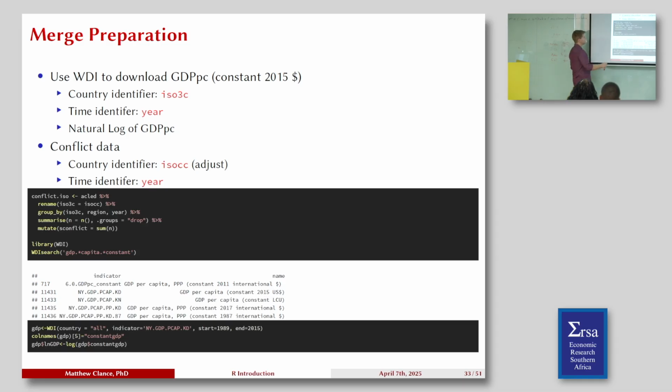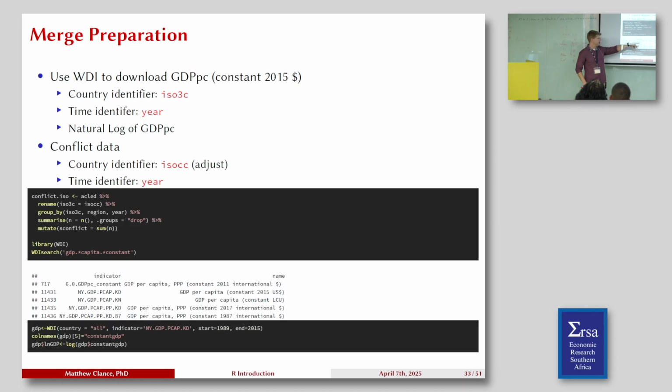So one thing you can ask it to do is search this data for phrases. In this case, GDP, along with capita, along with constant. So I'm basically looking for some measure that's constant. In this case, it's been weighted, or deflated. And I need it to be in per capita terms so that it's per individual or population. But once I did that, you can see that it gives me a lot of choices, and these are all the ones that came out.